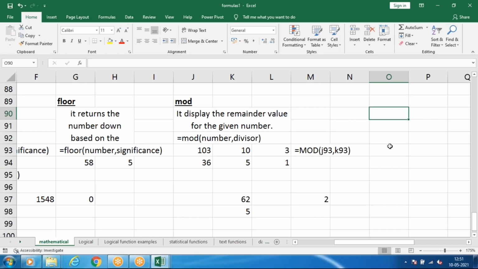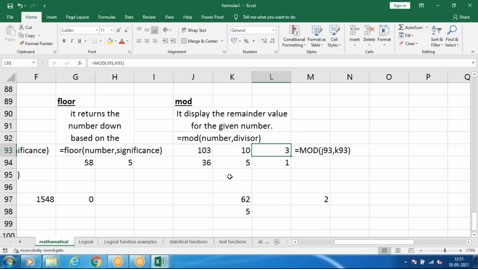So that one you can check here. For example, my number is 10 and I have to use 3, or else 103 divided by 10. What will be the remainder value? It is 3.